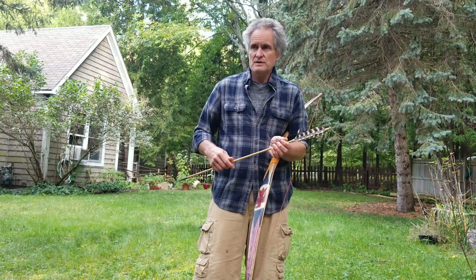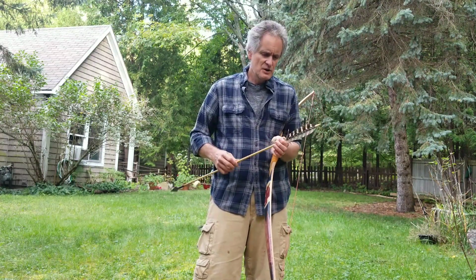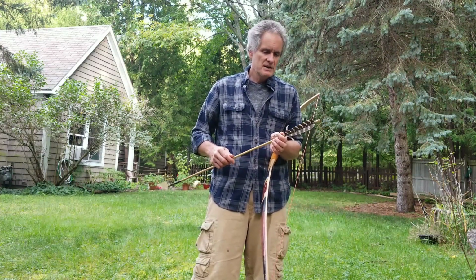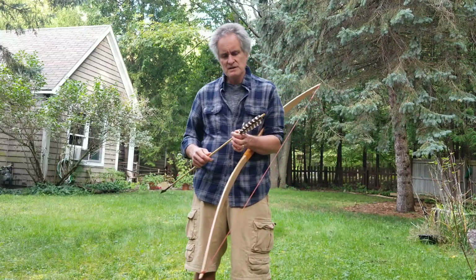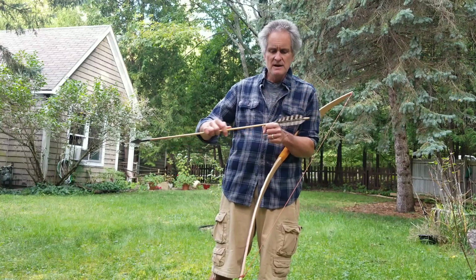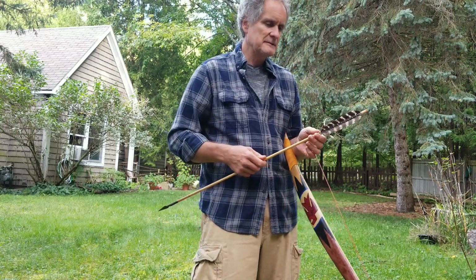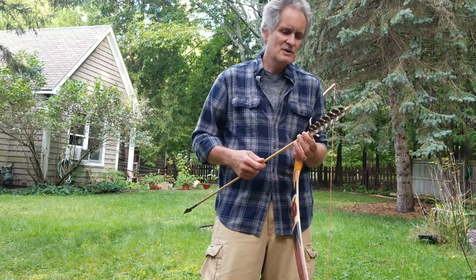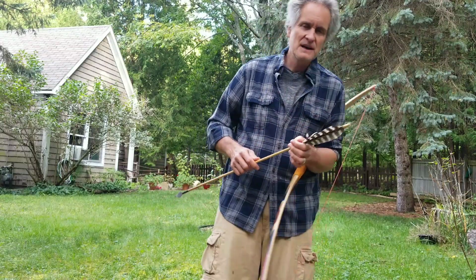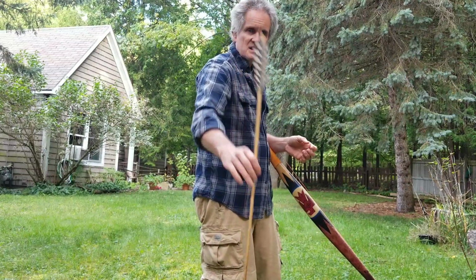The horn bows, sinew-backed wood-horn bows that Europeans, Mongolians, people in other parts of the Asian world use, they shoot off the hand. And so leather gloves are a good thing. So in case you have a bad fletching job, which I've been guilty of, being lazy and shooting with poorly glued on fletching, I've had vanes of arrows shooting through my hand. If you're not confident, if you don't use the sinew trick there,